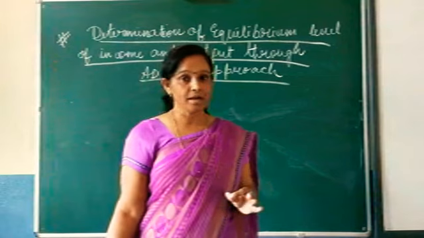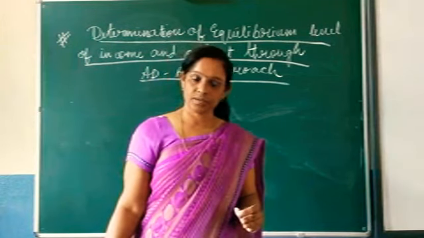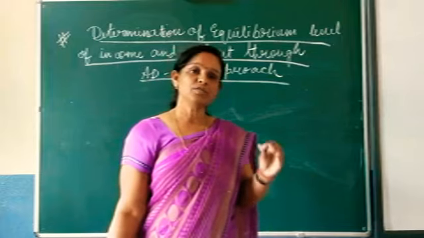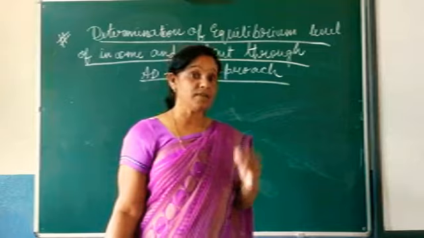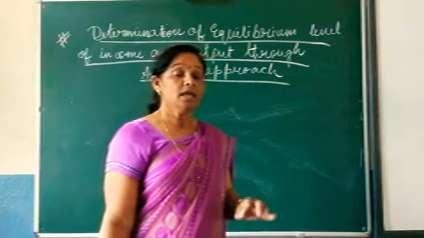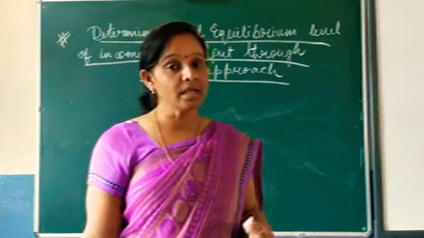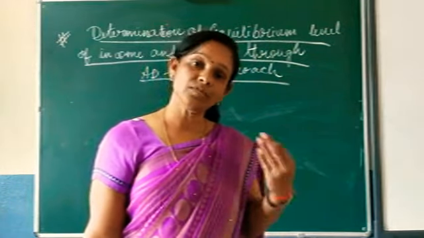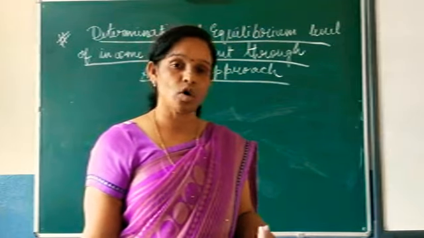I told you the fact that Keynes has taken aggregate demand is equal to C plus I. Okay, we have done that. Then we have studied about consumption function and saving function. According to Keynes, investment is only autonomous investment. I told you about AD. Then I said, what is aggregate supply? Aggregate supply is nothing but the national income of the country. So AS is equal to national income of the country.